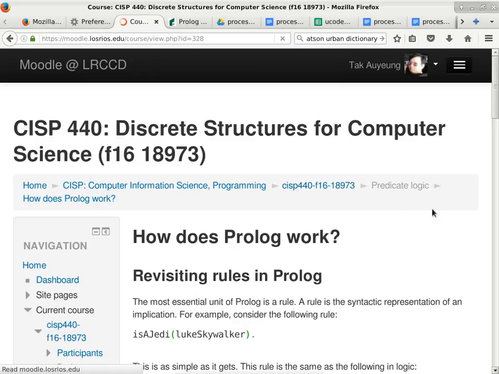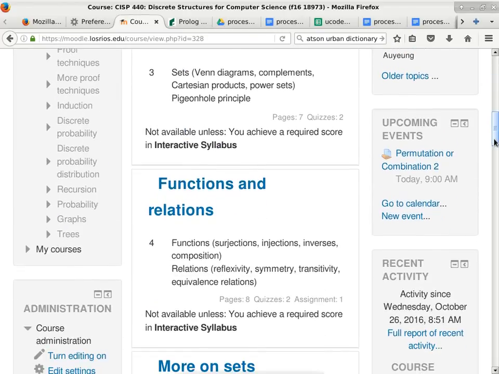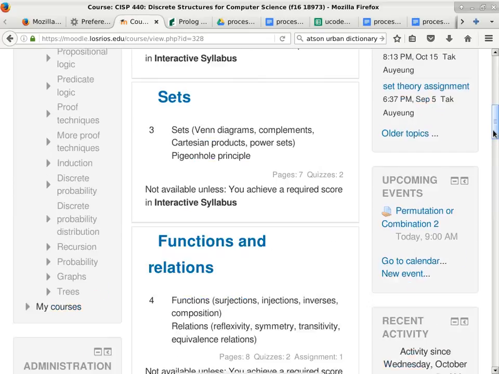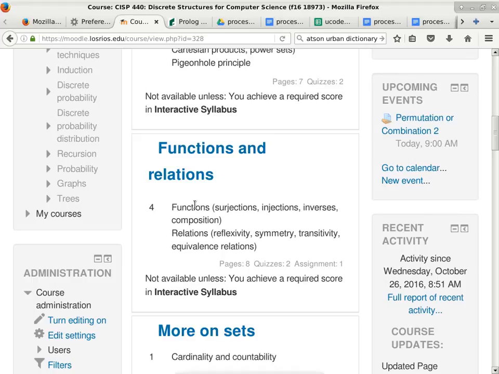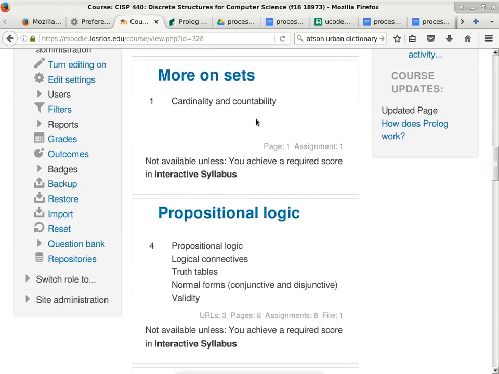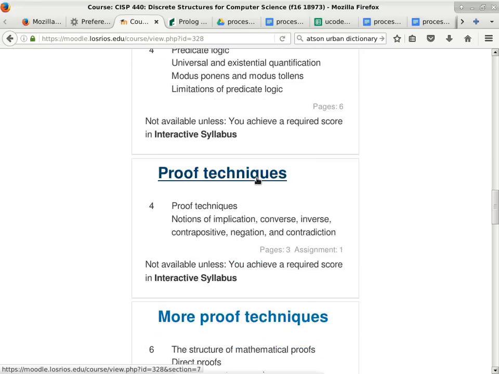So now getting back to here, we'll just take a quick review of all the stuff that we have talked about. So everything about this part: functions, relations, cardinality, countability, we talked about all of that stuff. Propositional logic, predicate logic, proof techniques. We actually went through quite a few of these already, even though we didn't quite name it. We talked about